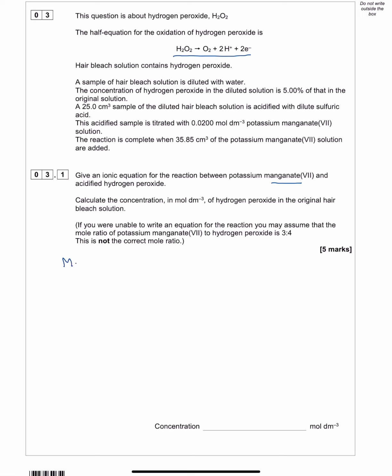So the manganate MnO4 minus, this is the manganate 7, that will give you the Mn2 plus, and then you need to balance this one first with the oxygen by adding 4 water molecules on the right hand side, and then you balance the hydrogen by adding 8 hydrogen plus, and then the number of electrons on the left hand side. In total there is 7 plus, and on the right hand side there are 2 plus, so remaining 5